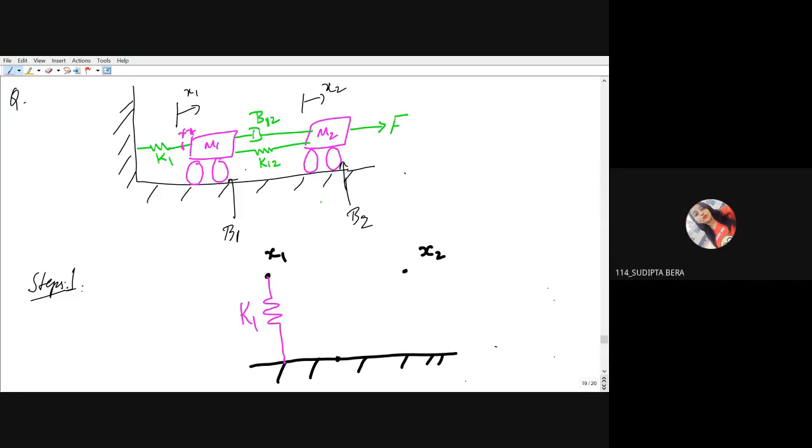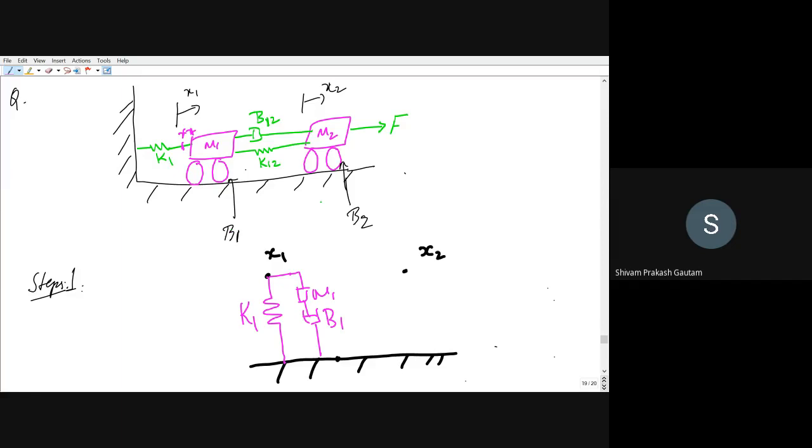M1 is attached to wheel, and wheel is again attached to your reference. And M1 is also attached to B12, as you can see. Right? So M1 is attached to wheel and M1 is also attached to the ground. So I can draw in two ways, like one student has also shown or said, like M1 and B1.